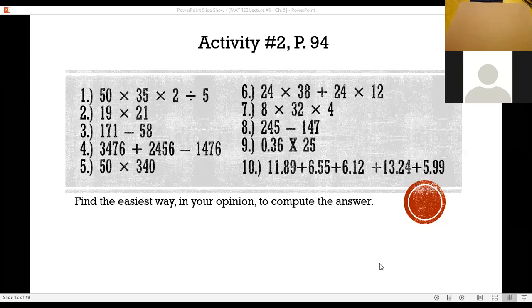Okay, so we are returning from break now, and we're all taking a look at activity 2 here. During the break, we might have looked at a couple of these questions, try to come up with some ideas. Let's see if we can figure out number 1 and see what some great practical approaches are. Number 1, we have 50 times 35 times 2 divided by